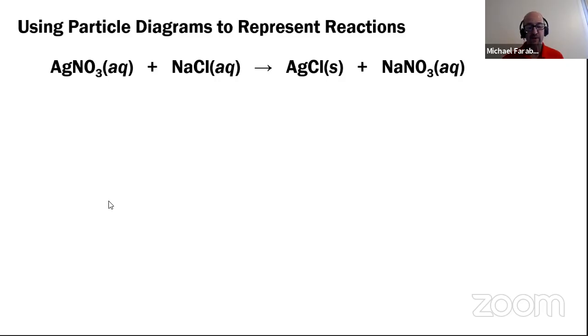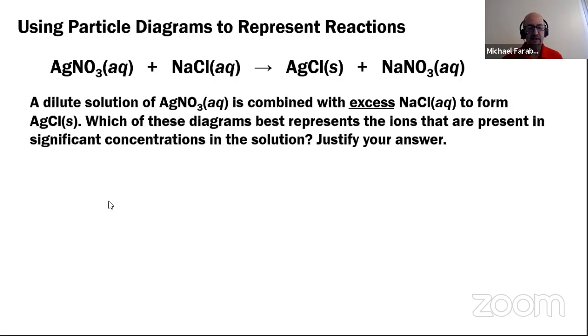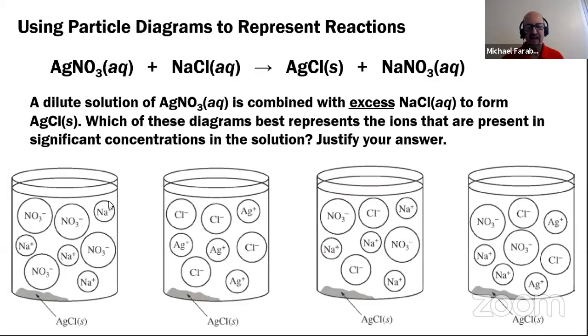All right, here's an example of particle diagrams. A dilute solution, so not very concentrated, of silver nitrate is combined with excess sodium chloride to form solid silver chloride. Which of these diagrams best represents the ions that are present in significant concentrations in the solution? Justify your answer. Well, before we look at these diagrams closely, let's try to get the net ionic equation for